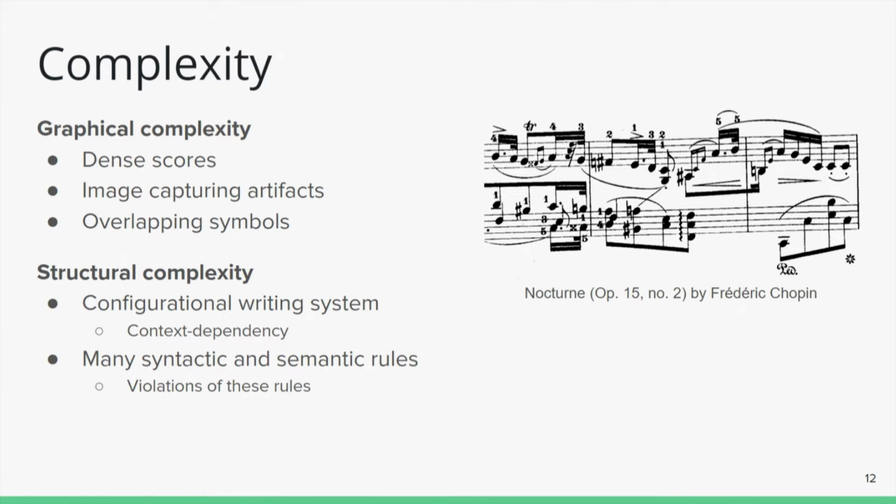But this graphical complexity of having dense scores and having all sorts of artifacts that might arise from the image capturing process. You also have overlapping symbols, but that's only the graphical complexity. Optical music recognition has an entire other dimension of complexity, which is inherent to music notation, this structural complexity, because